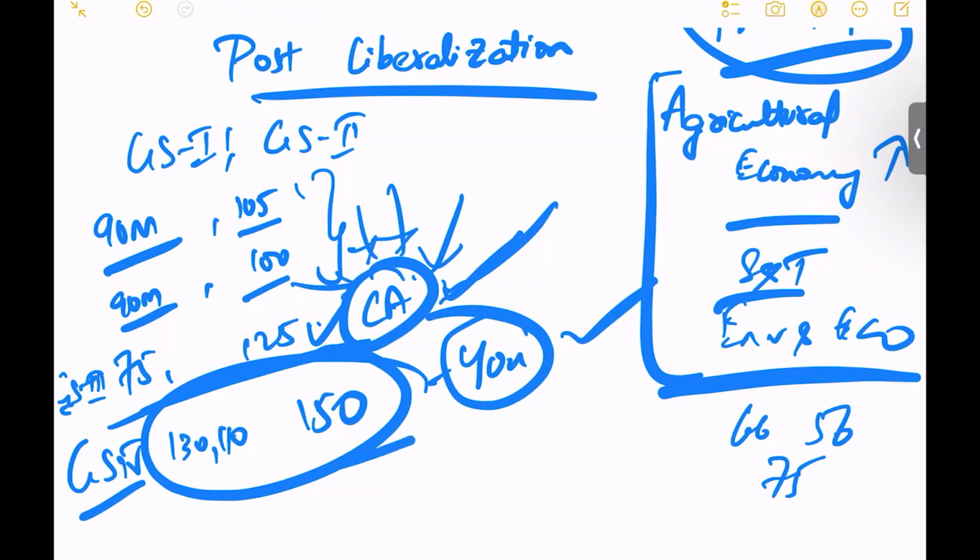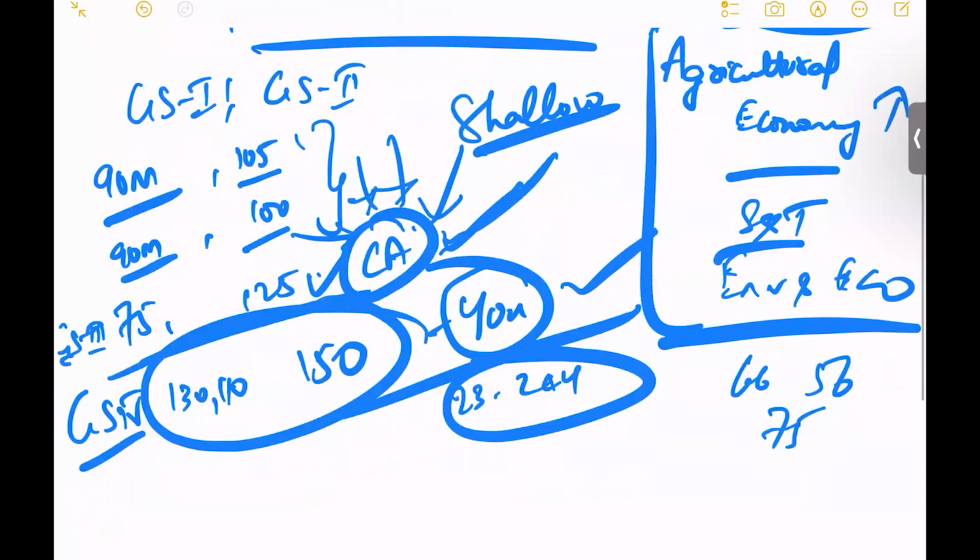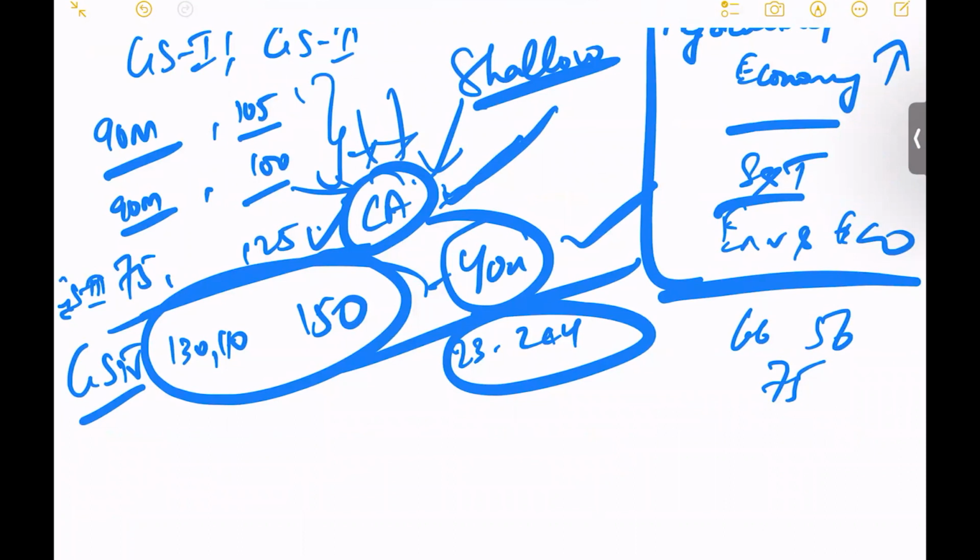It basically tests your personality of 23, 24 years, which you have gained. So in both the papers, there is a high chance that you will be exposed. If you are shallow in knowledge, you will be exposed in GS3. And if you are not having proper inclination for civil services, you will be exposed in GS4. And hence, this is my observation over the last 7 to 8 years, you go and see